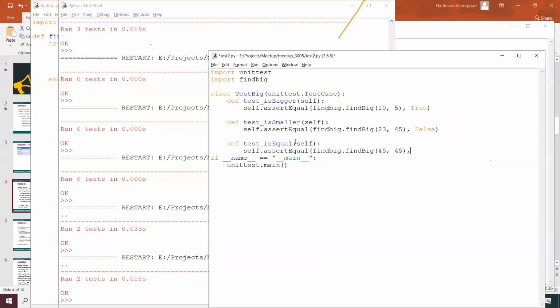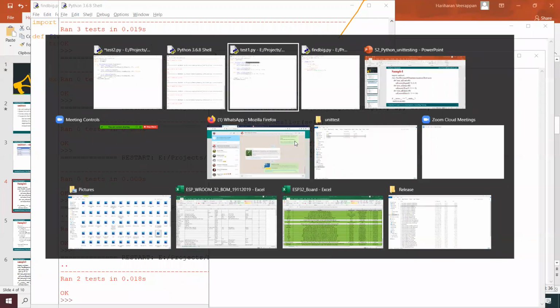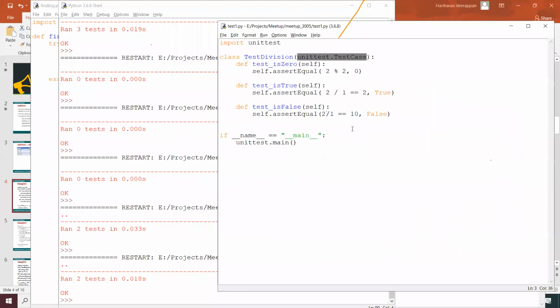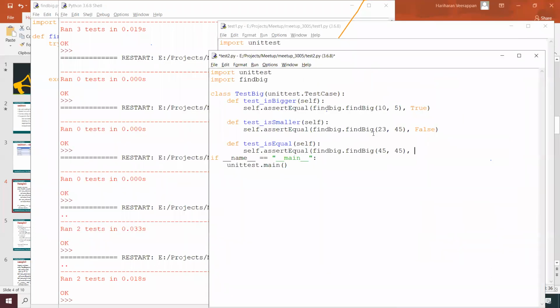Then we should expect 45 and 45, which is not lesser, A is not less than B. In the same way, A is not greater than B. We are checking for bigger, so we should get the output false.